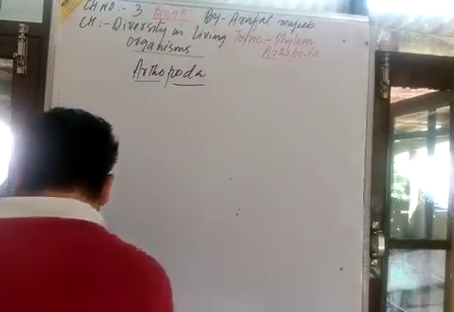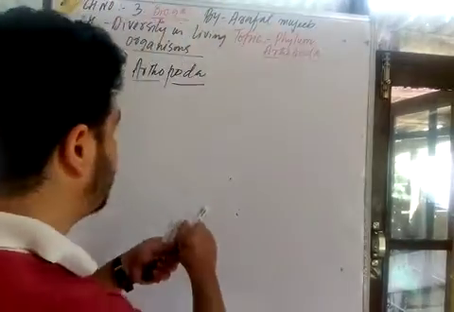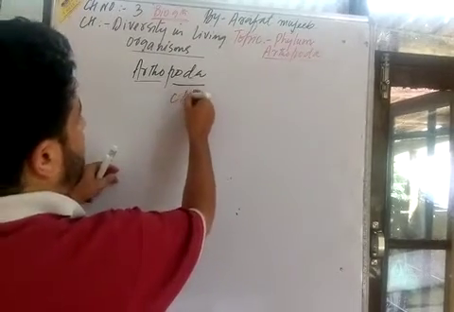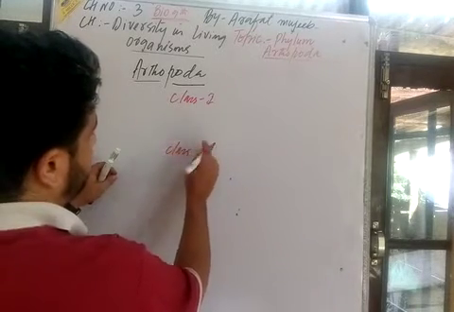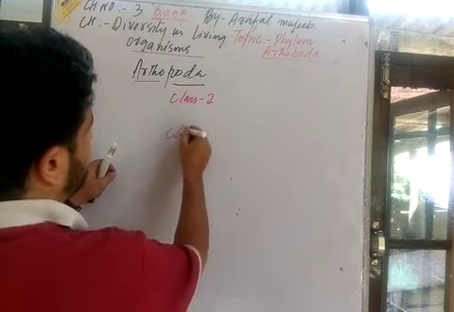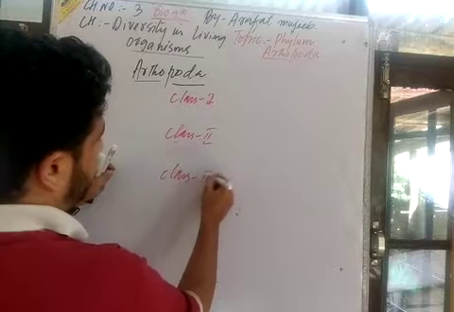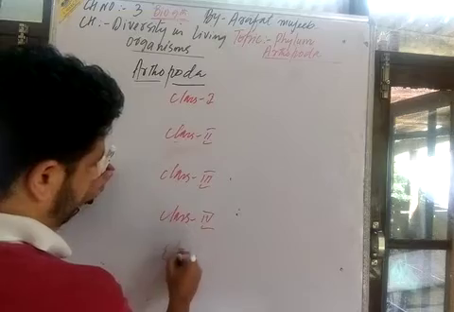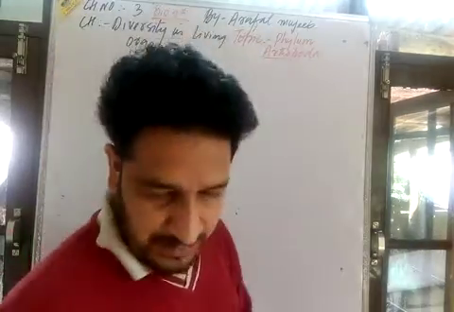This is all about the arthropods. Now we classify them. This phylum can be classified into 5 classes: class first, class second, class third, class fourth, and class fifth. Here in class first there is one of the classes, that is